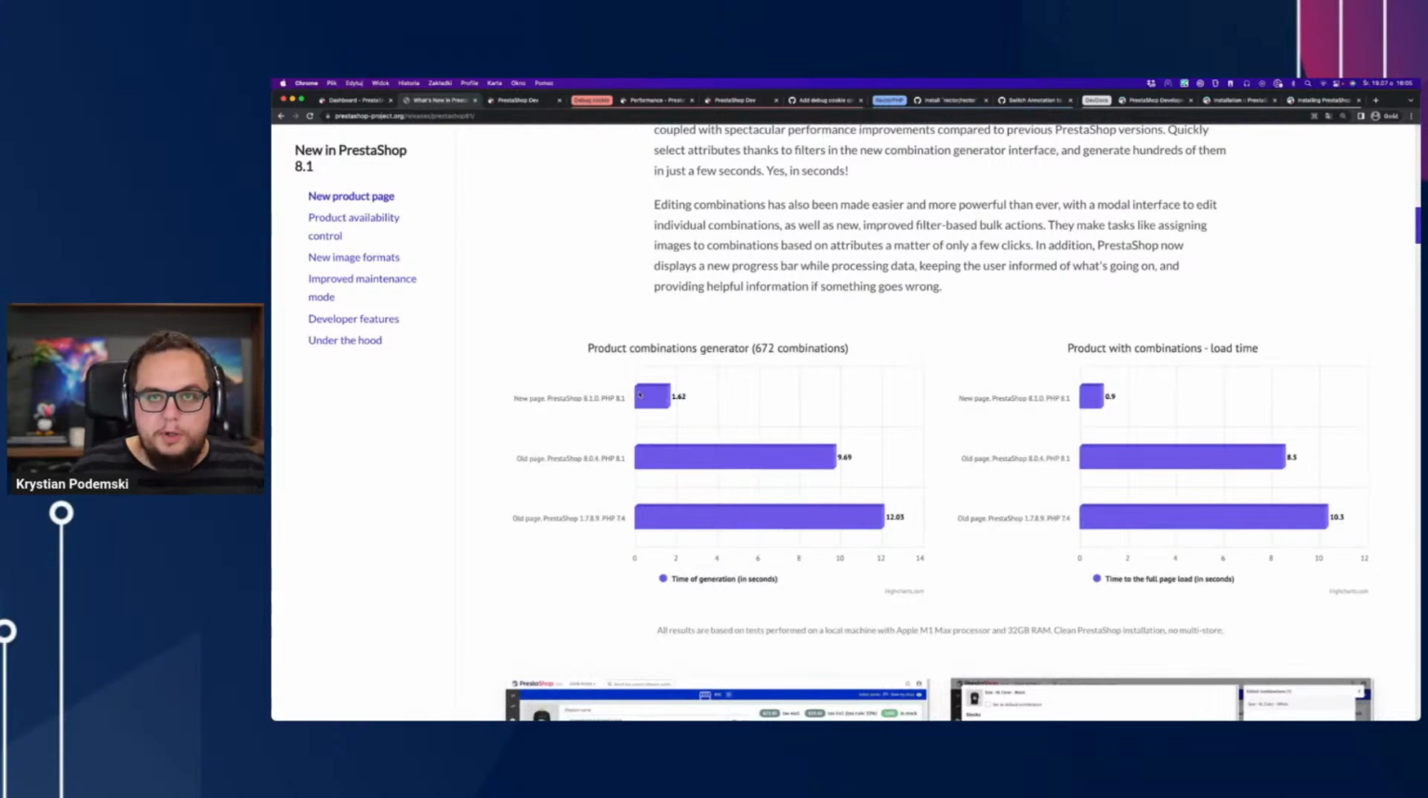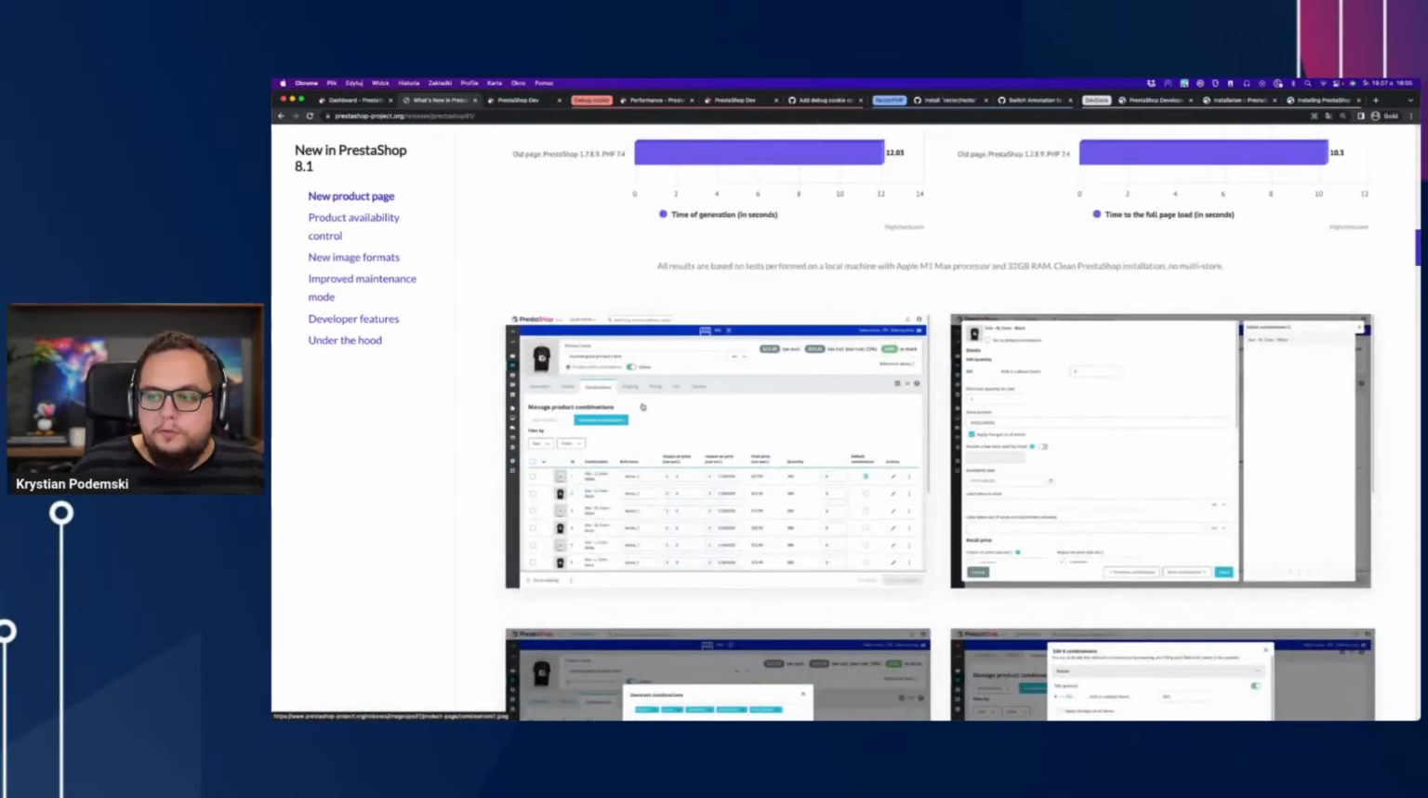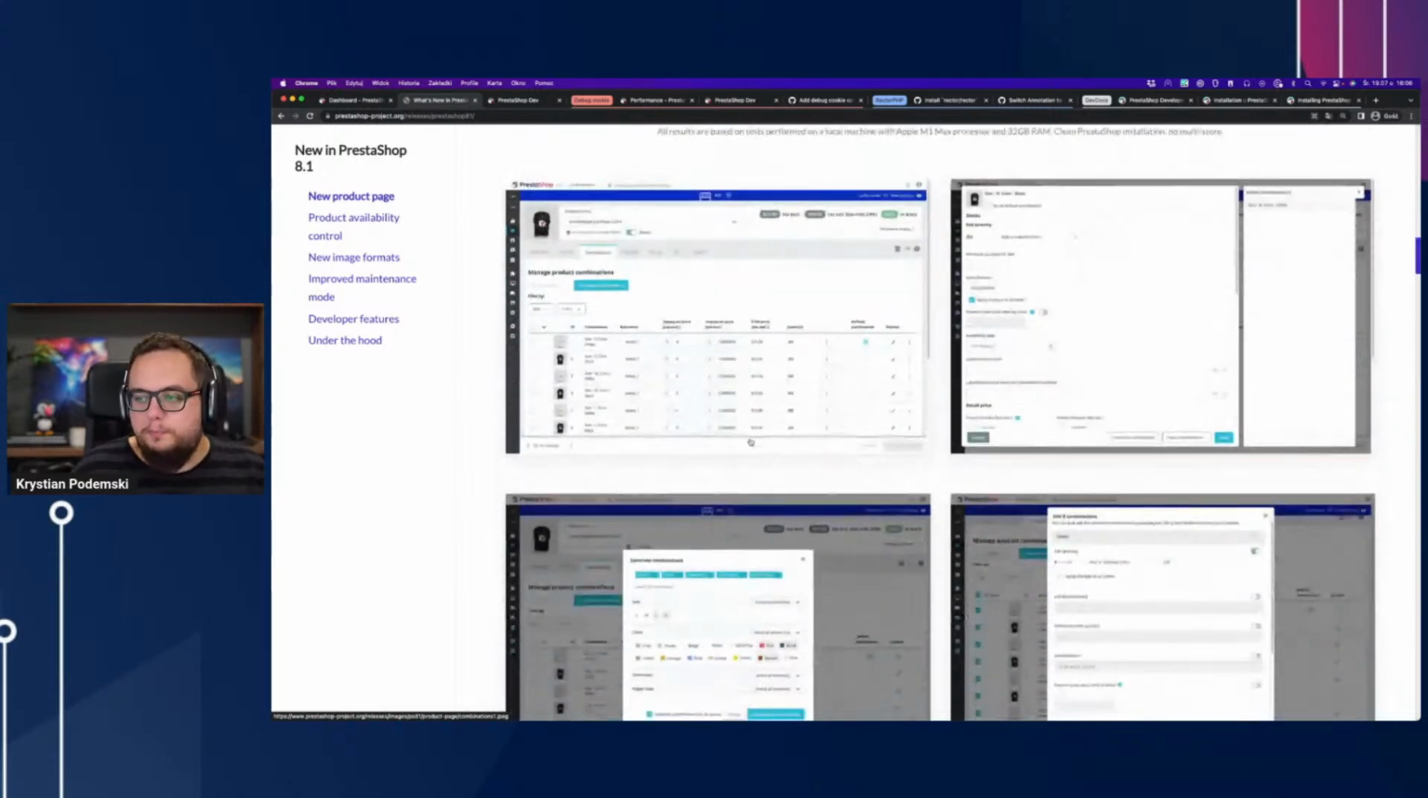You can see some performance benchmark there. You can see some screenshots from back office, and it basically allows you to have a glimpse of what PrestaShop 8.1 is about. And I'm sure if you visit this page and you scroll through all the features that were introduced in PrestaShop 8.1, you will be more willing to test it out,